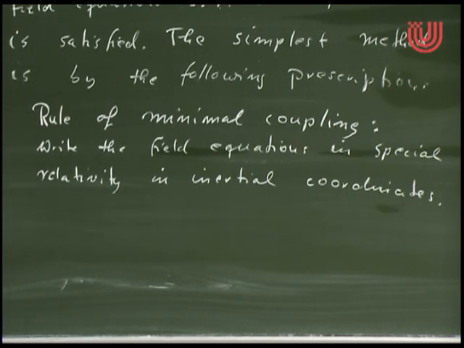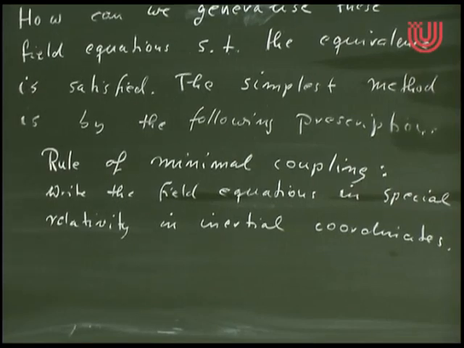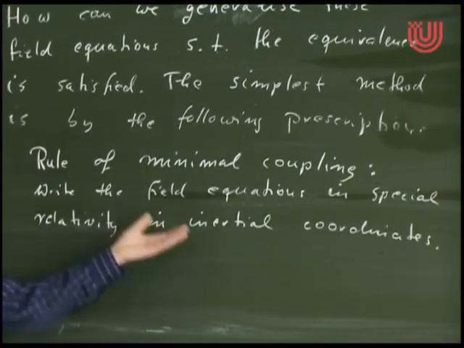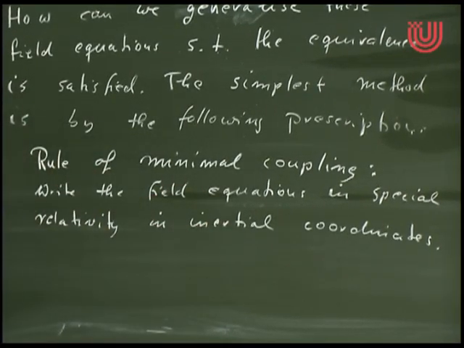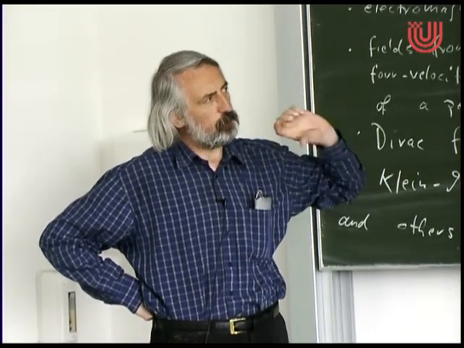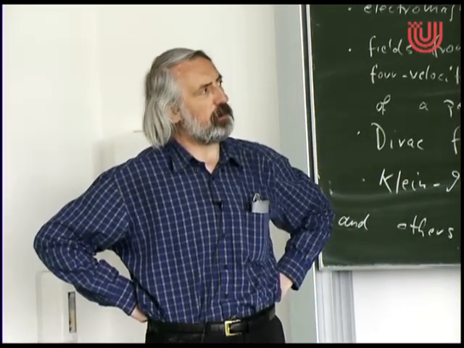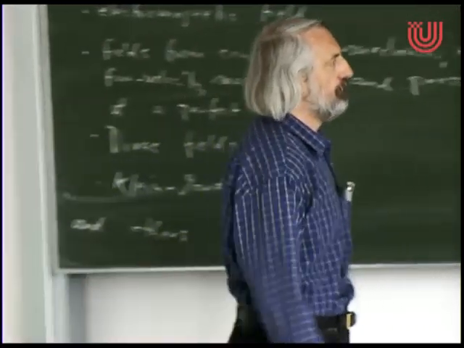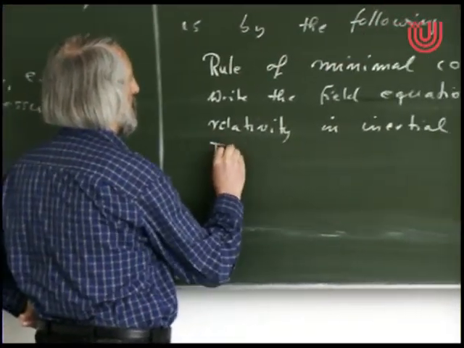Then you will have etas flying around. The metric in inertial coordinates is expressed in terms of these etas, which we always had in special relativity. And you will have partial derivatives flying around. And these two things have to be replaced by something else. And then we are in general relativity. So the rule is then: replace